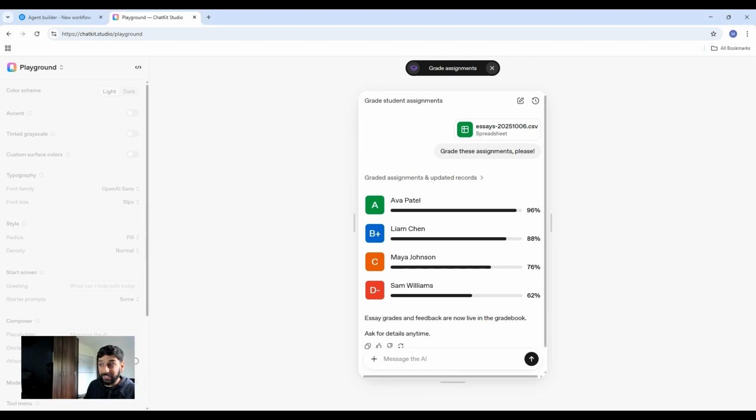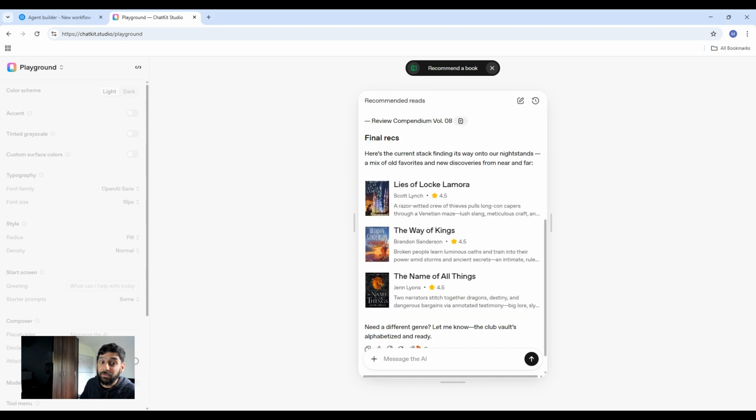Before we move on to creating a brand new widget, we'll check out a few examples just to show what is possible. So here you've got an example of an agent where you supply it with a CSV and then it presents the data in a much more meaningful way. This is quite neat actually because it mixes clean data presentation with a nice interactive layout. You've got the student name, scores, and a subtle hover animation that makes it feel interactive. It's not just text on screen, it looks quite polished,